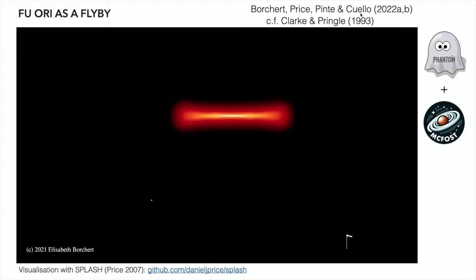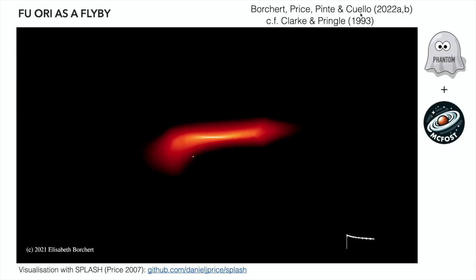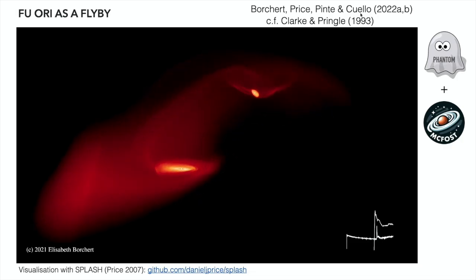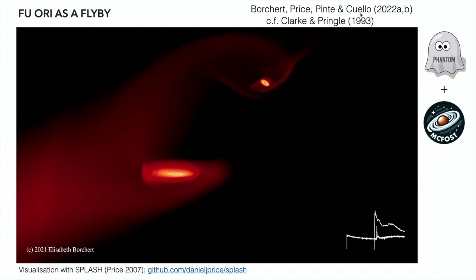So we bang a star through a disk, and we're following the thermal response of the disk. I'm plotting the density at the moment, but I'll show you the temperature in a minute. We're computing the radiative transfer every few time steps. And this is the accretion rates. The thing we were trying to make work was the bottom line, that's the primary. There's a 2 orders of magnitude jump here, which is about right. So we're going to make M dot go up by 100 times, but we made it last not even a year, and then it went back to 0. Because we didn't disturb the inner regions, we didn't do anything to the primary.